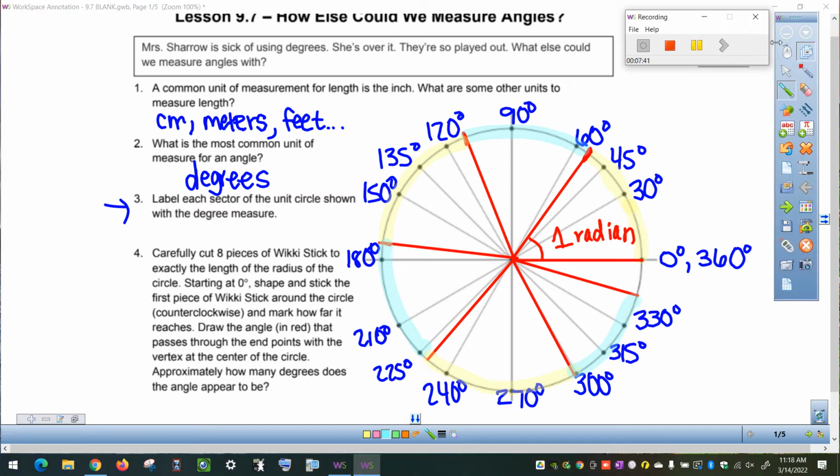And this is just approximately how yours should look. I didn't have a big wiki stick here to actually measure it out. But what we should end up seeing is that it looked like the string fit 6 times, but then there was a little bit extra. I'm going to highlight this little extra. So it seems to be a little more than 6 times to get us all the way around